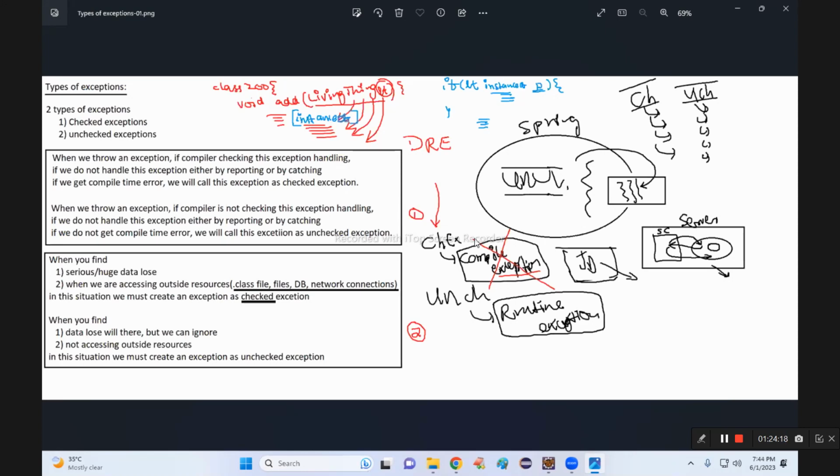Reporting a checked exception using the throws keyword is mandatory. Reporting an unchecked exception using the throws keyword is optional. When we throw an exception from business logic, the user logic must catch it. If not caught, the program terminates abnormally, values are lost and you have to start again from the beginning. If you want a normal termination or end of the method, at least